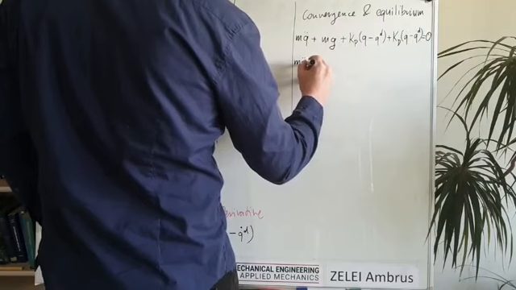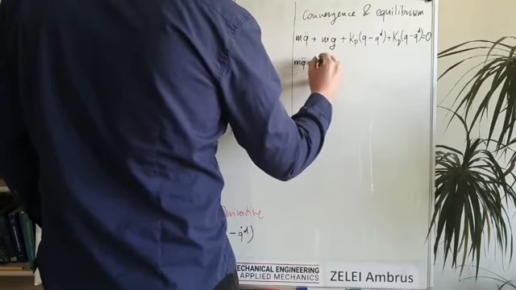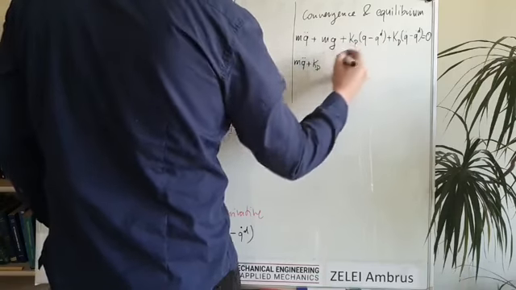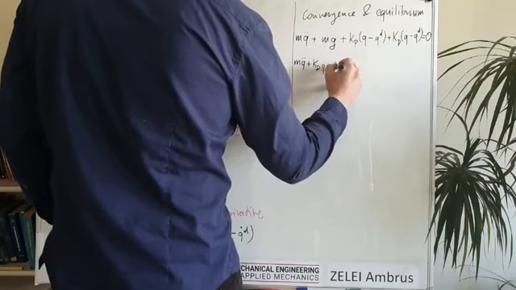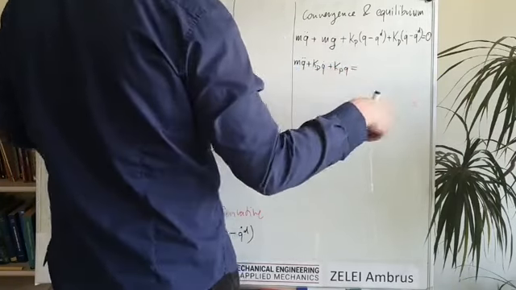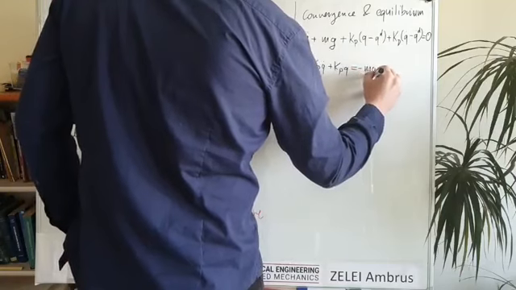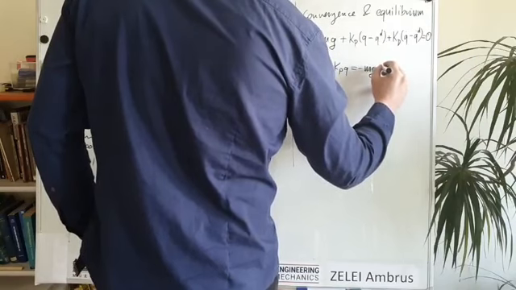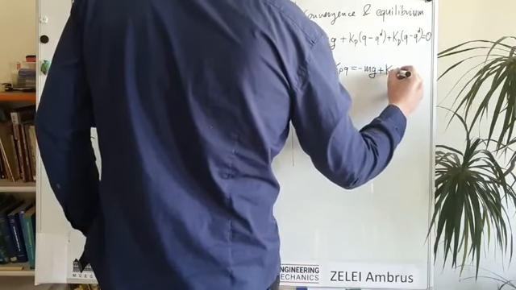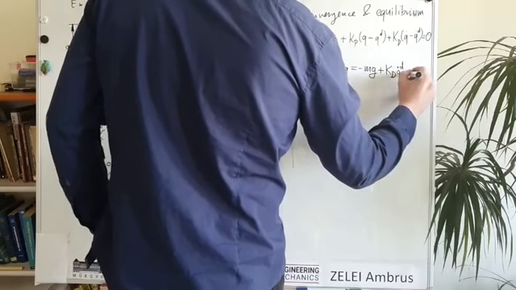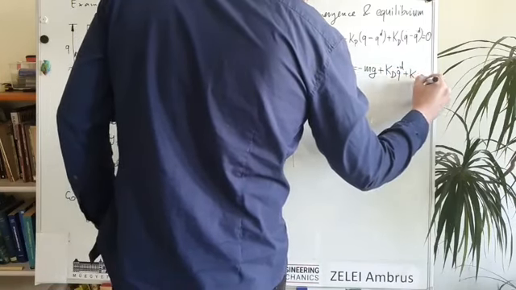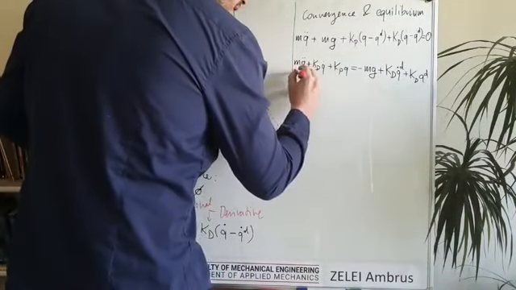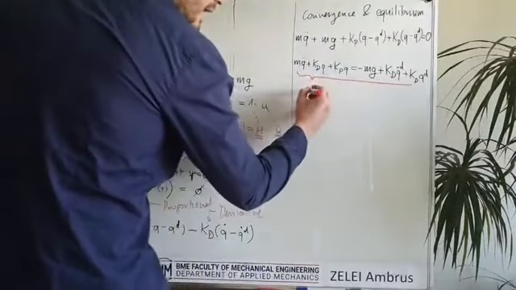So we will say that m times q double dot plus kd times q dot plus kp times q equals everything else. So minus m times gravity will be here, and also plus kp times q desired plus kd times q dot desired. So we just reorganize everything, because now on the left hand side we see that it looks like